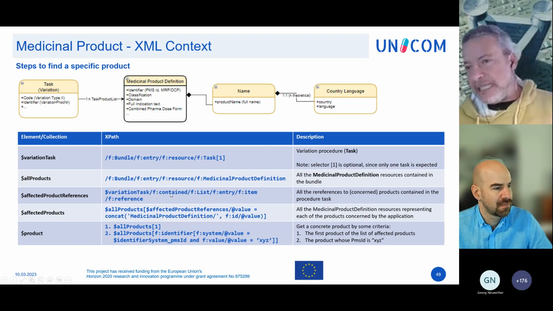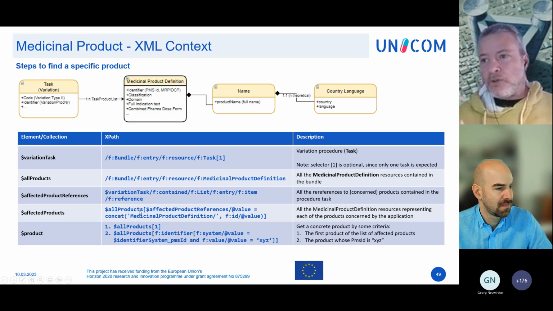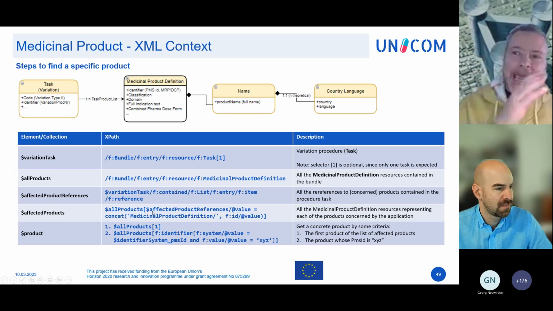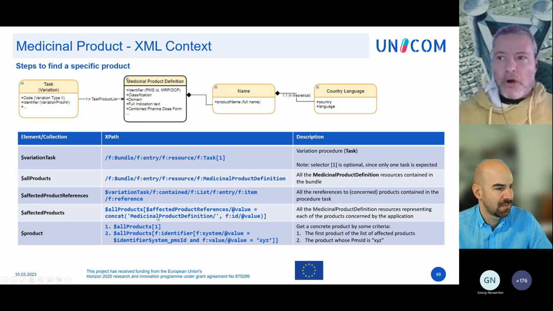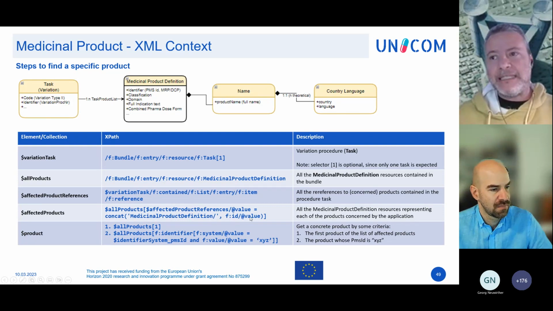And then we can use in the fourth row those list of references to filter among all products only the ones whose ID are contained into this list.